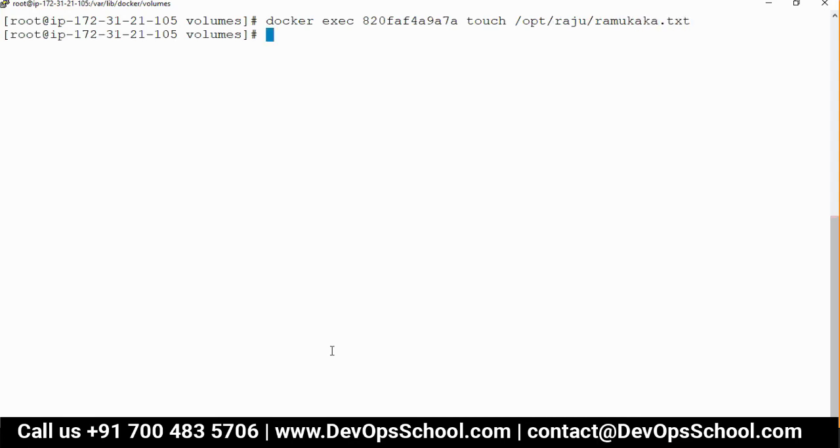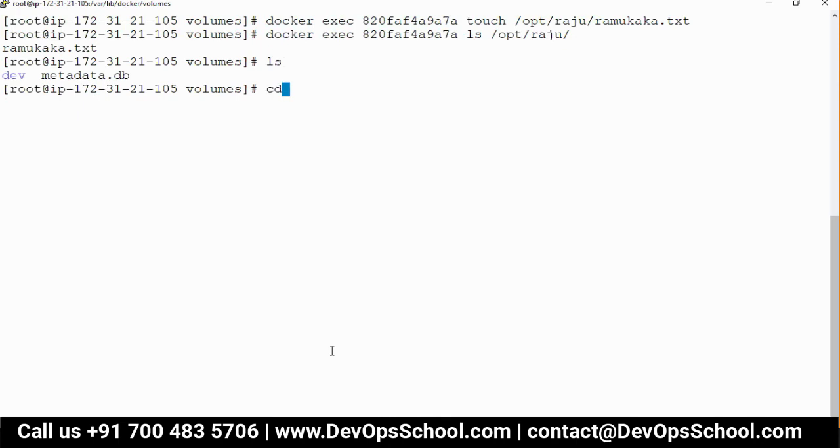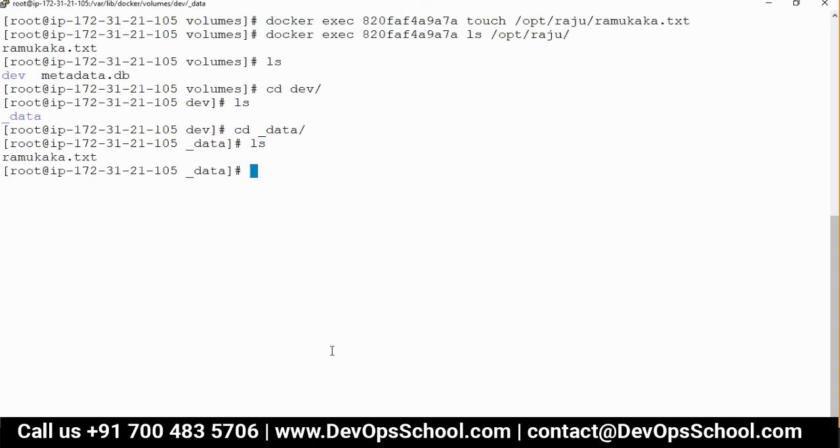This is a very important file. Do you have this file? Let's validate. See, this file is there. Do you have that here in dev? See, Ramu Kaka.